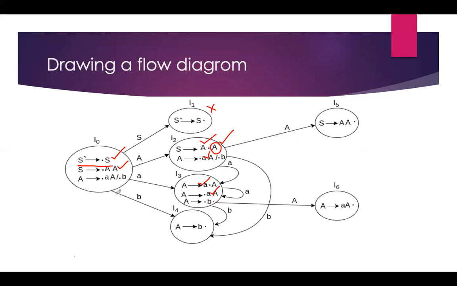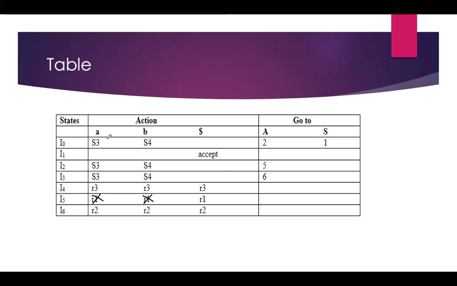And here in the third, that is I0, the terminal, that is a, so we are moving to I3. Here we need to put it under a, it is moving to third state. But here we need to write shift 3. Instead of I, we need to write S. Okay, S3 we need to write. It is a third state shifting.